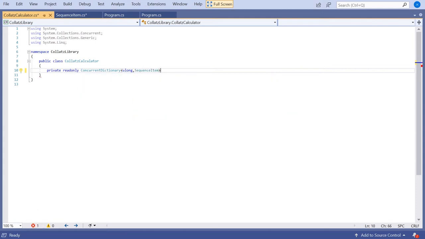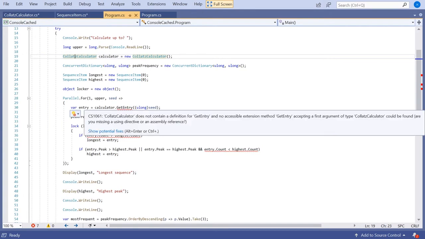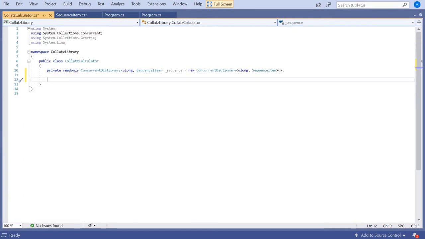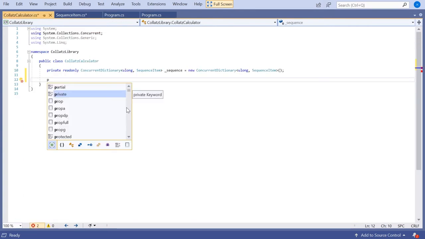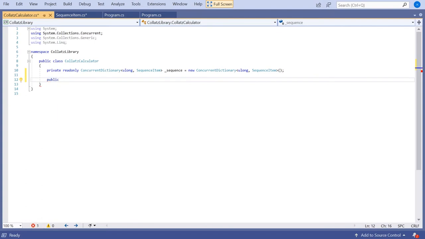So we'll be able to look up any sequence item based on the seed, and we'll just call that underscore sequence equals new and all of that. And then we're going to have a method, as we saw from our program, that's going to be called GetEntry, and it's going to return one of these sequences. So it's public SequenceItem GetEntry,